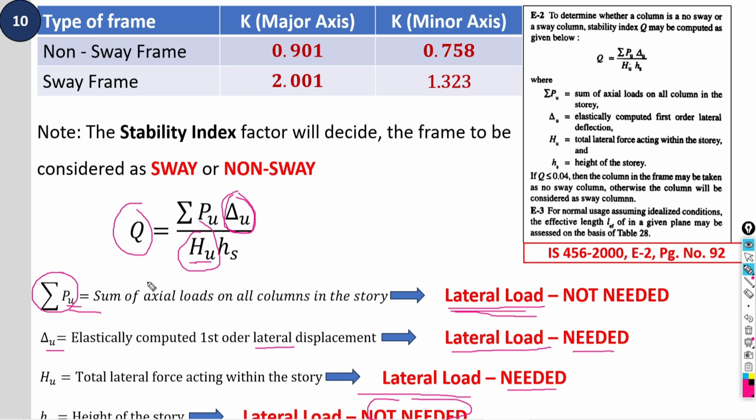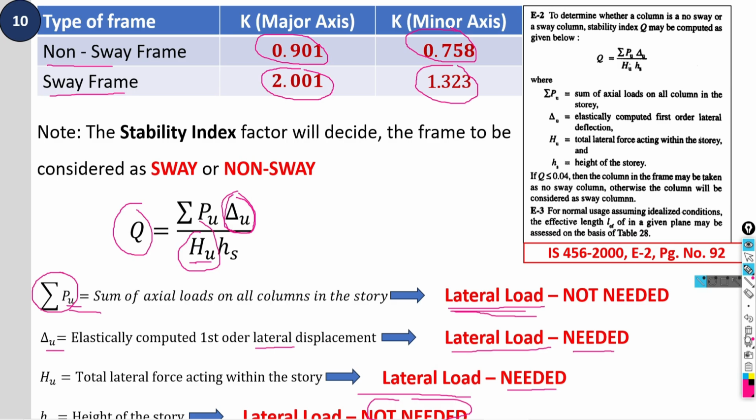And if you are not able to decide sway and non sway, you cannot use the k value. So my dear friend, it depends on you, and it depends on the importance of the structure. You have to choose either sway or non sway. If you are choosing non sway, design will be on the moderate, economical side. But if you are going to choose the sway frame, it demands more steel and more reinforcement. Why, I will explain that.